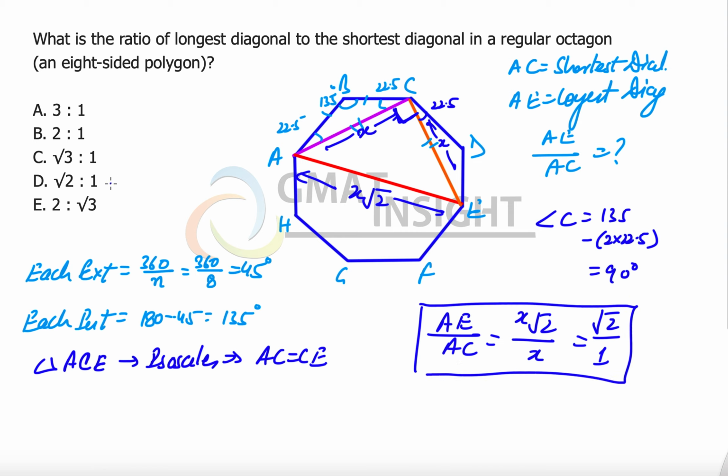However, there were more mathematical ways as well that we can use to approach this problem. For example, we could have assumed the side of this regular octagon as something, and then we could have identified the length of AC and AE exactly in terms of the constant value that we would assume for the length of the side. However, this seems to be the best way. So we have to always figure out what is the best possible geometry that emerges from the given figure, which we understand only if we calculate these angles. And therefore, my very first suggestion was that please calculate the value of the angles, interior and exterior angle, and then try to answer the question.